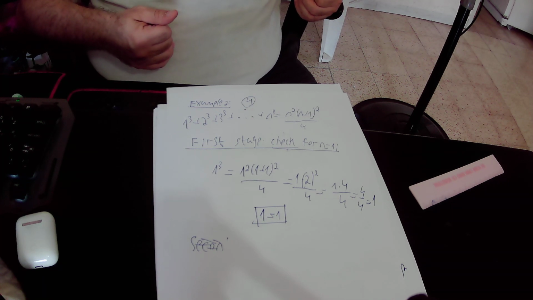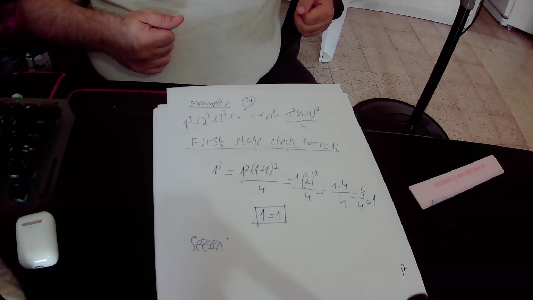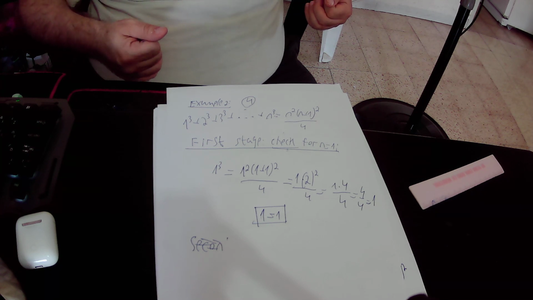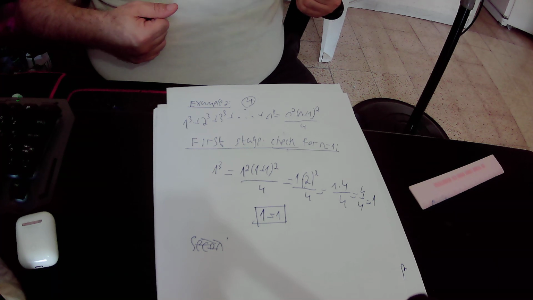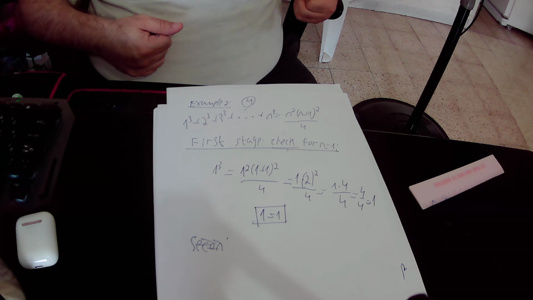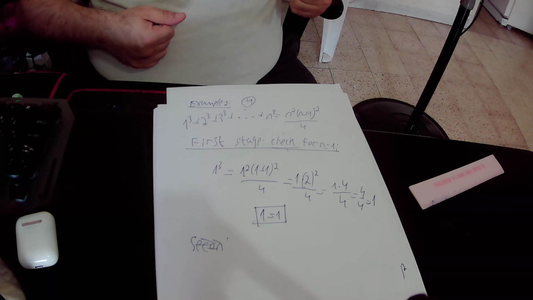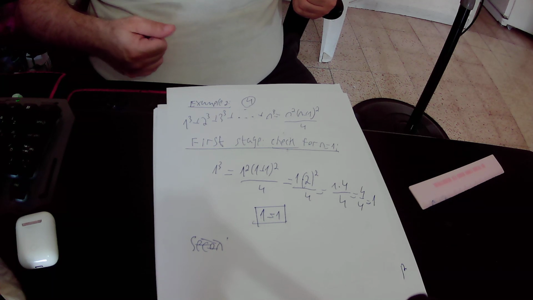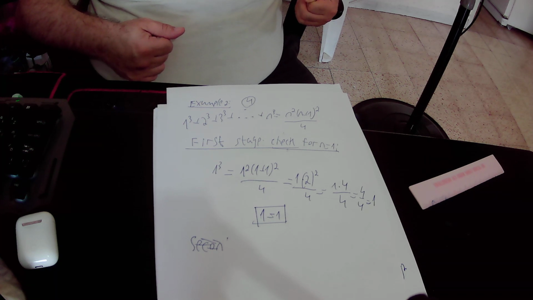In the first stage, we will check that the statement is true for n that equals 1, and in the second stage, we will assume that the statement is true for n, and we will prove that the statement is true for n plus 1, when we rely on our assumption that it is true for n. Okay, so in this way we actually proved that the statement is true for all the natural numbers, because